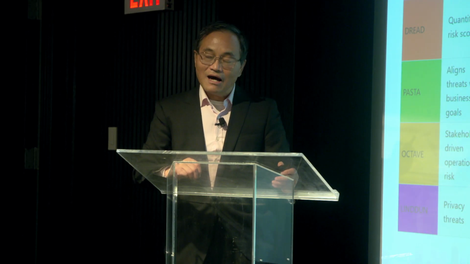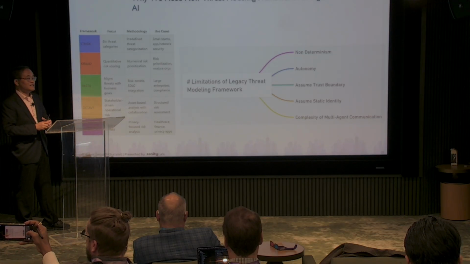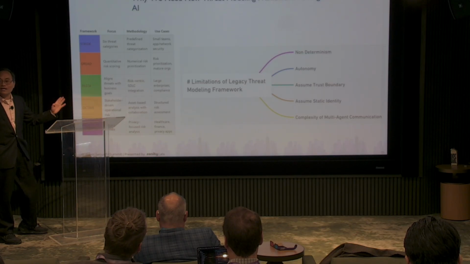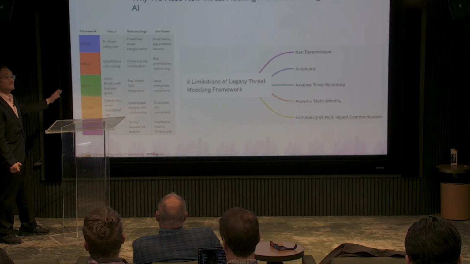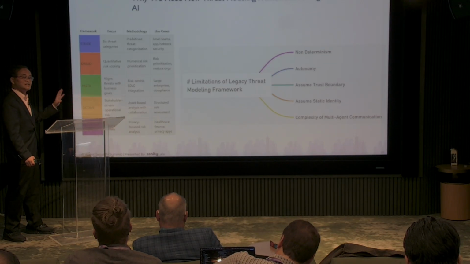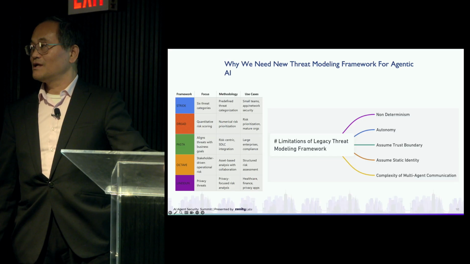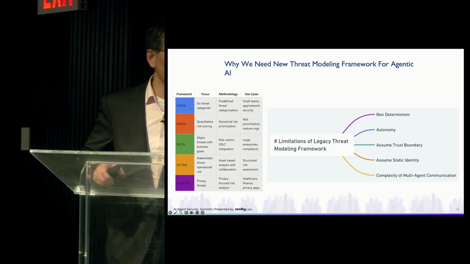So now, if we're building an agentic AI application, how do we know how secure it is? We need to shift left, right? We need to make sure we understand what kind of threats our application could face. Looking at the traditional, there are lots of good threat modeling frameworks, like STRIDE, everyone knows STRIDE, right? Microsoft's is a really good framework. DREAD, PASTA, OCTAVE, and LINDDUN. Those are really good frameworks for legacy IT or AI applications, and they suit different purposes. But they really cannot deal with agentic AI